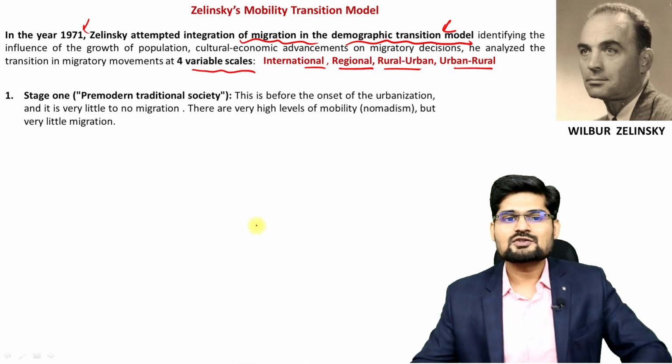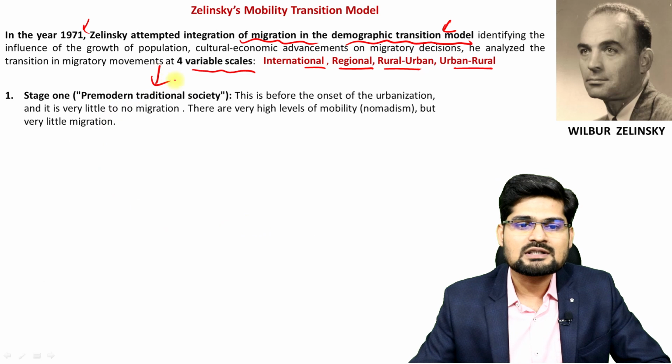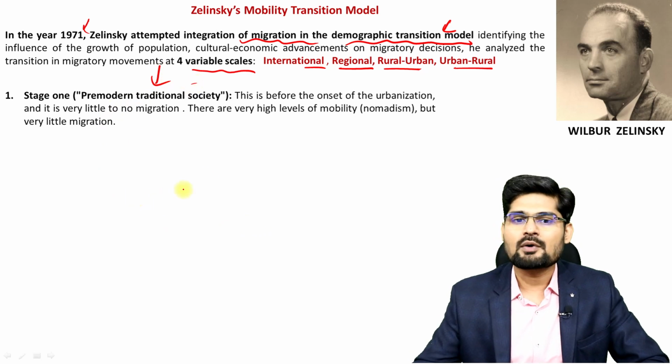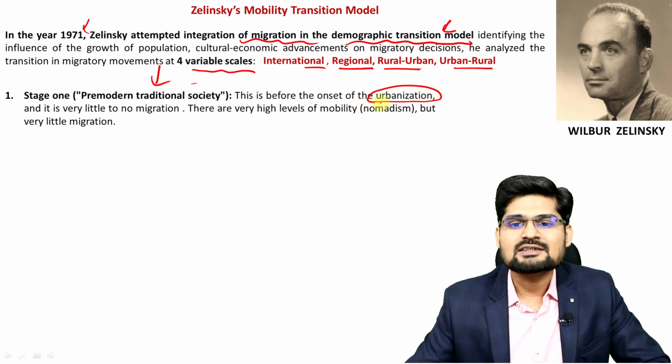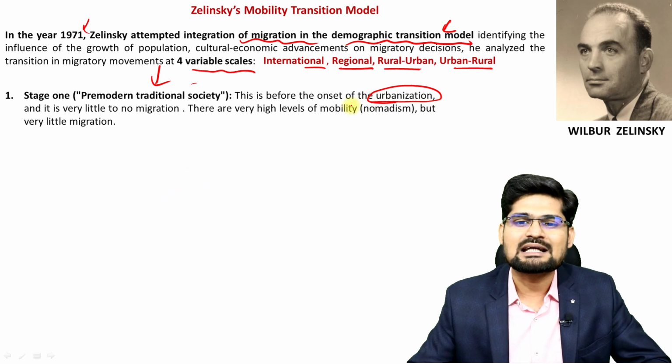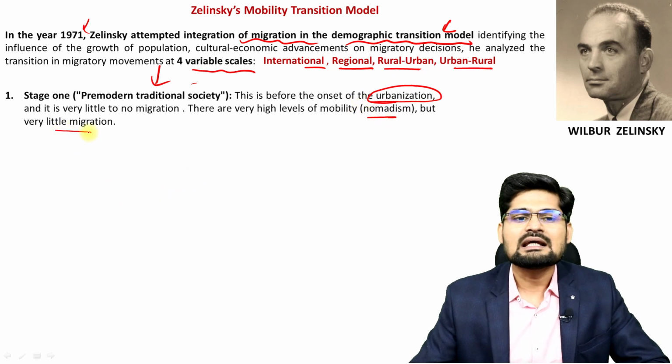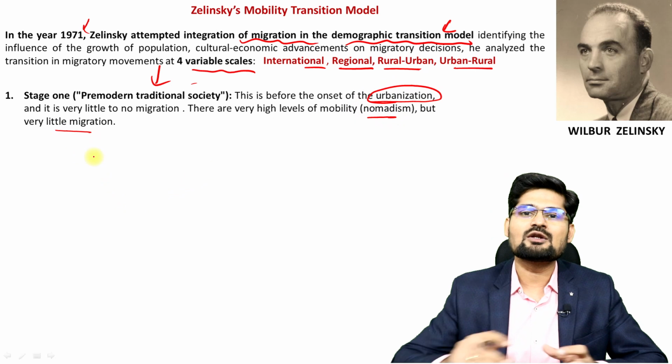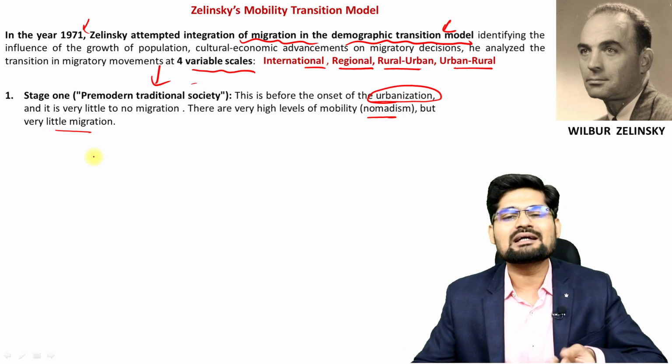transition, right? So the first stage was the pre-modern traditional society, where the onset of urbanization was still to come. It was a primitive society, nomadism was there. So there was very little long distance migration, but more of the migration was just for the